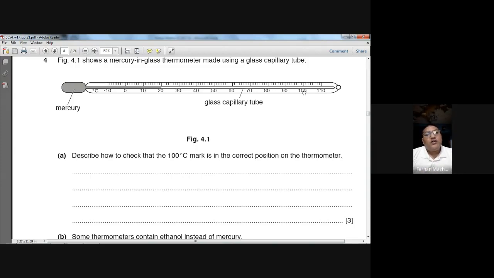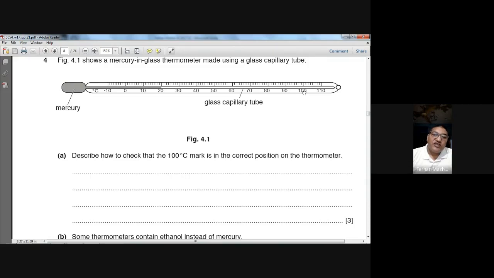Then note down that the thread of the mercury, when you hang it in the steam, will go up. If the thread of the mercury becomes steady, coinciding with the 100 degree centigrade mark on the thermometer,